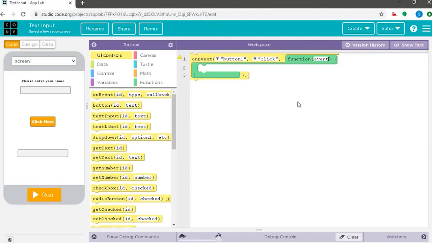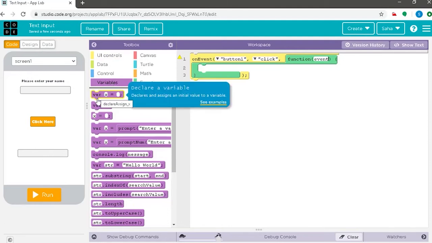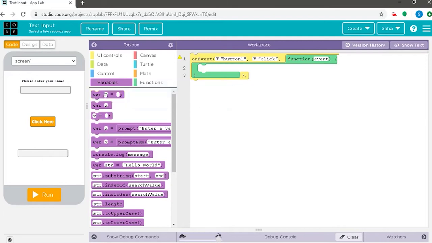Now, we shall go to the variable section and drag the first command, variable x. As you can see, when you hover the mouse around the commands, there is a small instruction sign which is visible, which we have already discussed, which gives us a small description of the command that we will be using, so as to enable us to understand the command completely. So now, we shall drag the variable command and place it in the scripting section.